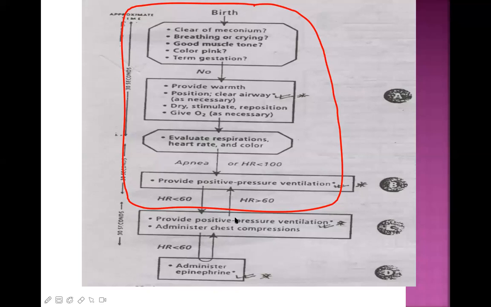Now the last step is, if the heart rate is constantly decreasing and reaches less than 60, then you have to go for chest compression and you have to continue positive pressure ventilation. But if the heart rate is rising above 60, then you don't need to go for chest compression anymore. Just continue positive pressure ventilation. Okay? And you decide about administering the